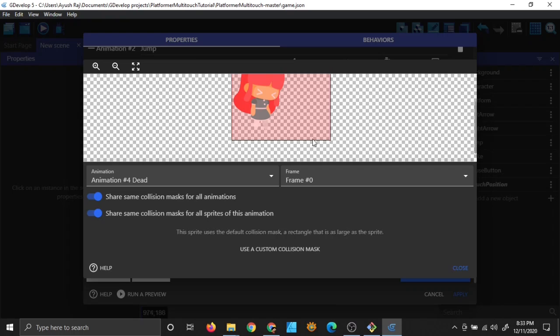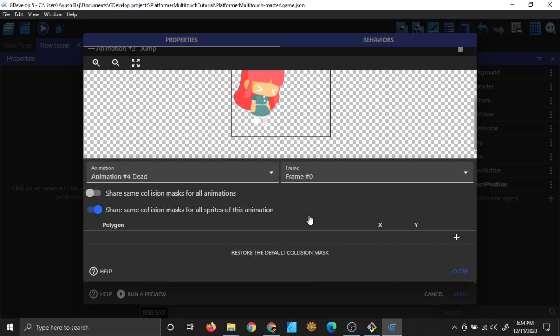How can we do it? First of all, share same collision mask for all animations should be set to no, and share same collision mask for all sprites of this animation should be set to yes. Okay, that's cool. Now use a custom collision mask, and I clicked on that. You can go here. Okay, where is my collision mask? I can't see. I will click on plus,